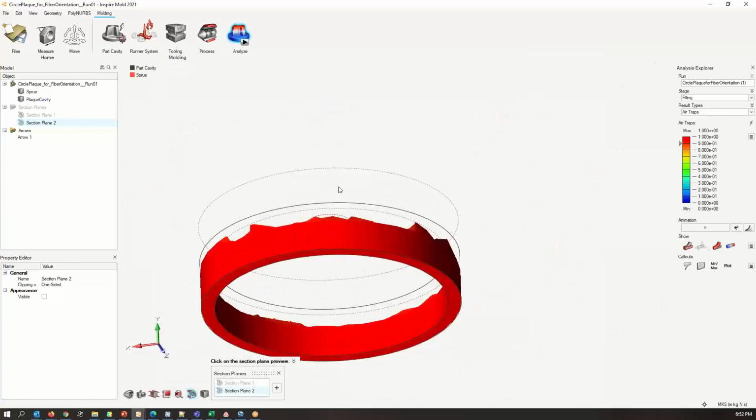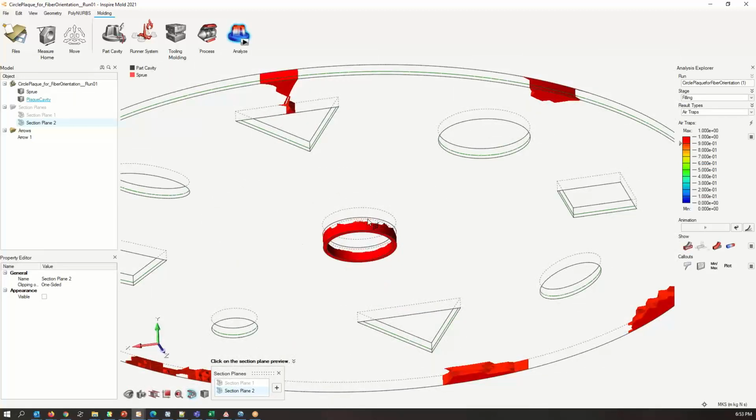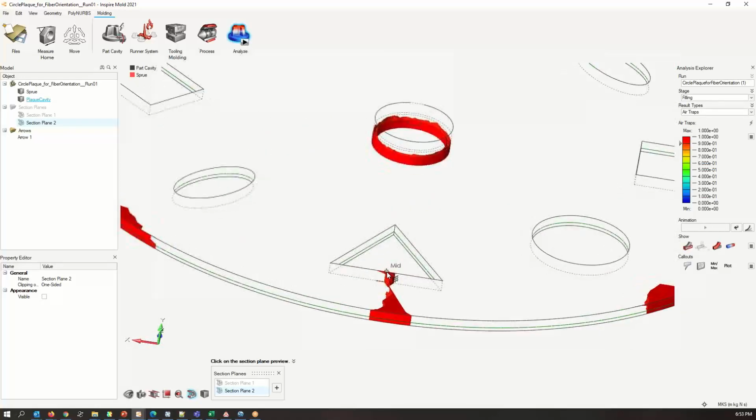The idea of this rib was to make sure that my flow front would be nice and even going outward, that any effects that maybe came from the machine would be kind of balanced, kind of like having a buffer in an energy system, that you smooth out some of the inconsistencies in it. So it gets past this ring, and then that hopefully makes the flow front more round and even as it goes from there. And then, of course, from that, we can see some air trap right as you hit